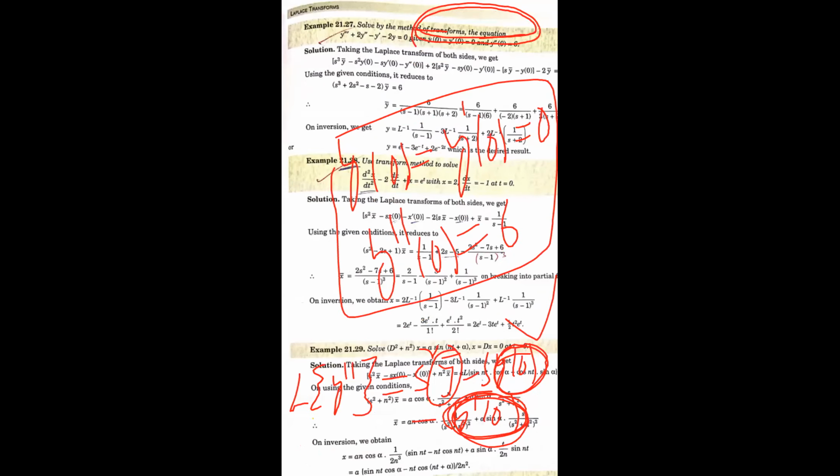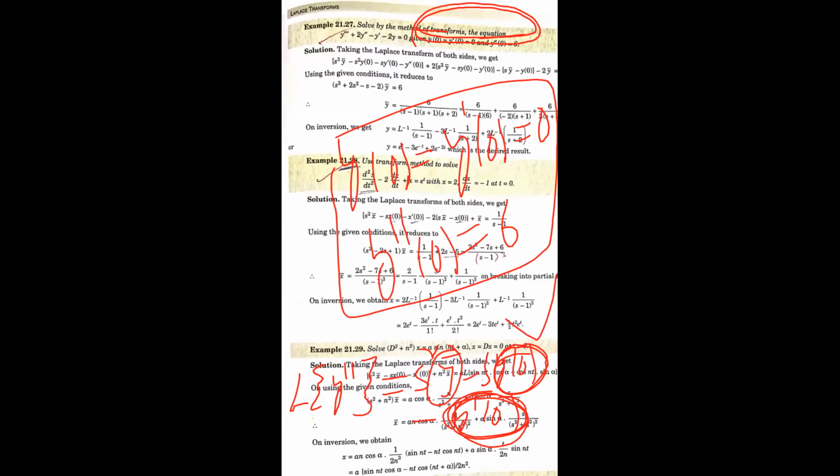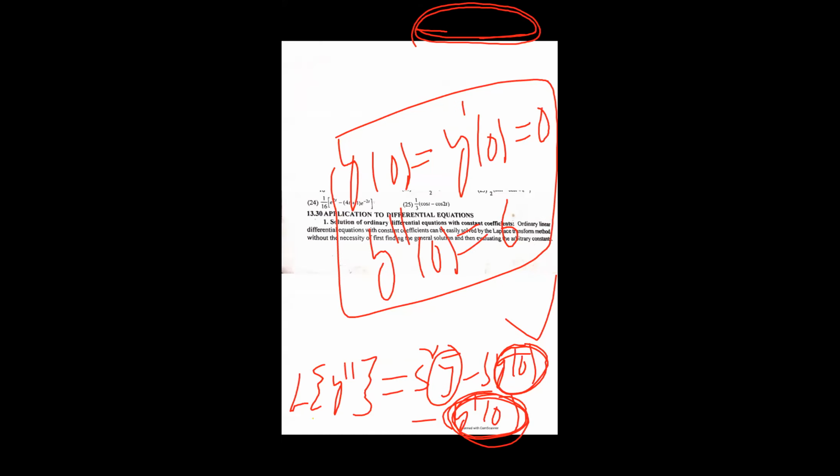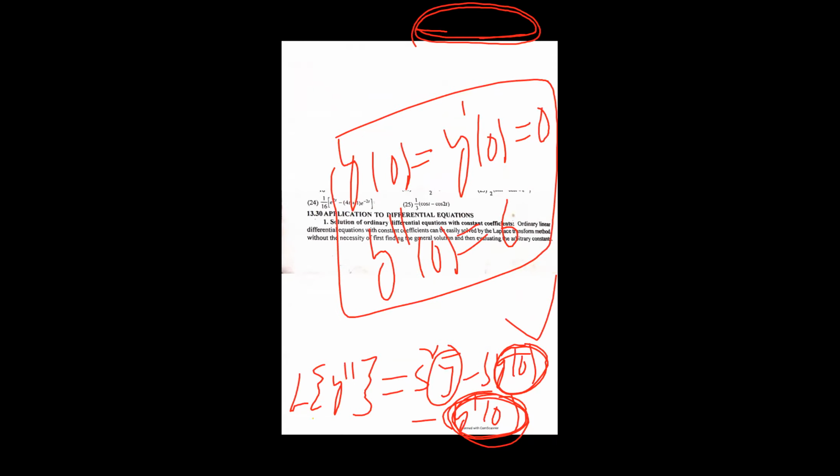Taking this problem, first we have to write the series of the Laplace transform. What is the series? L of y triple dash, L of y double dash, L of y dash and L of y. Here the highest degree is 3, because of y triple dash. So we have to calculate it. Taking L of y triple dash.